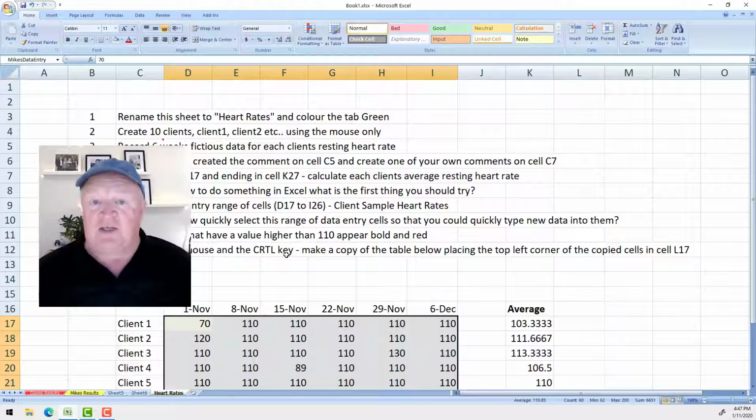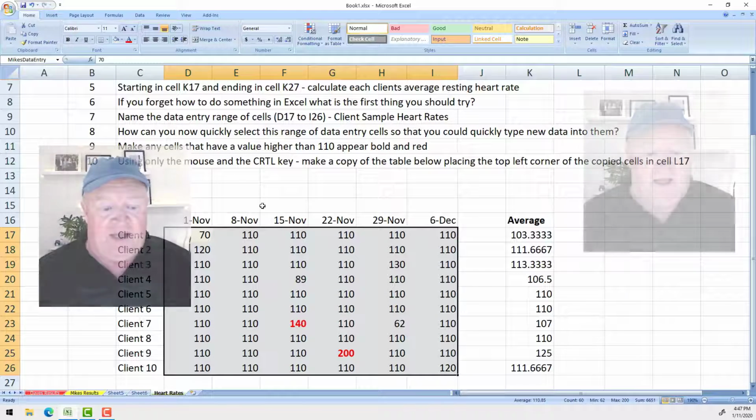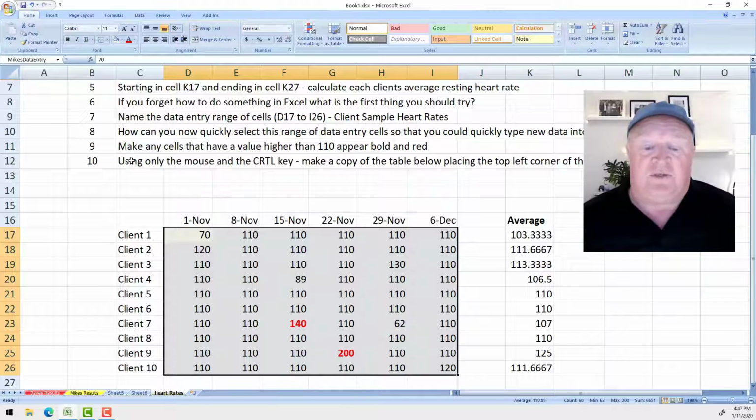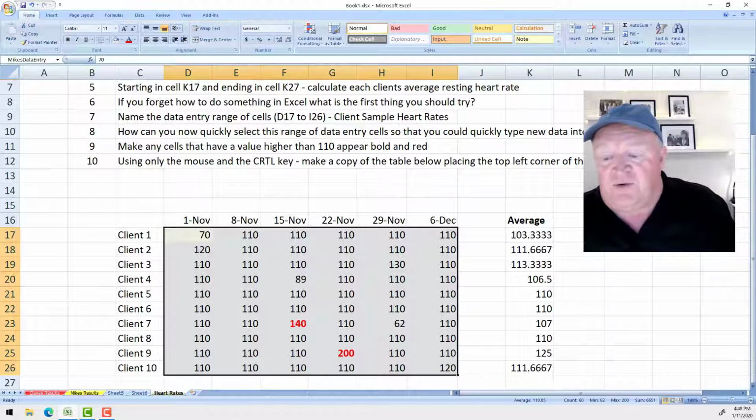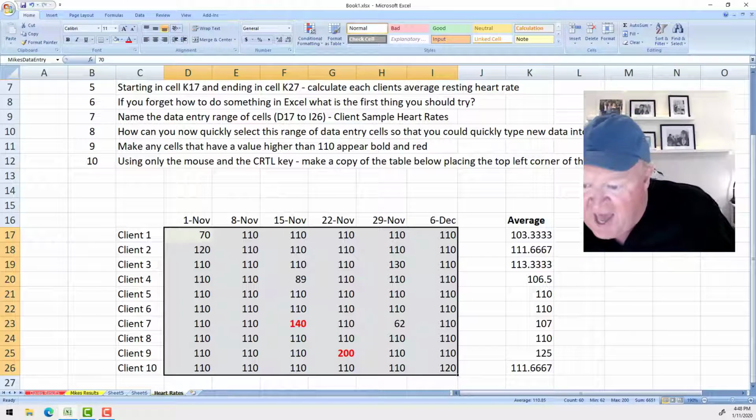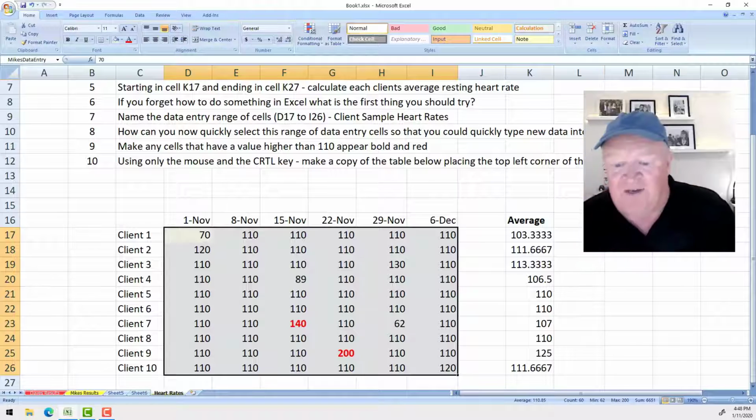Okay, last one, final point, number 10. Using only the mouse and the Control key, make a copy of the table below, placing the top left hand corner of the copied cells in L17. Alright, so